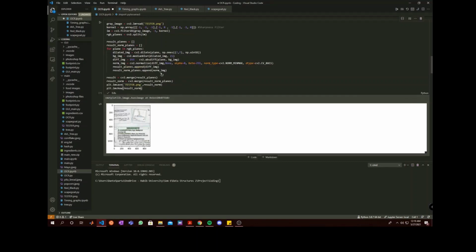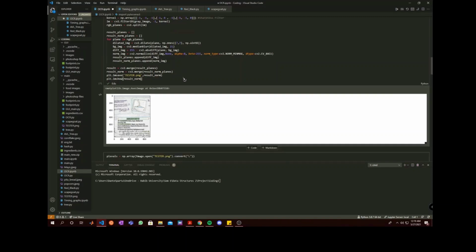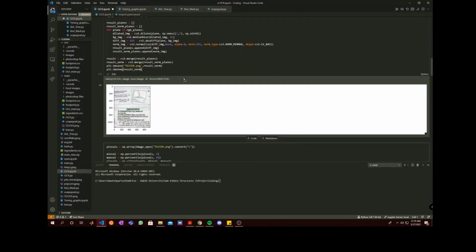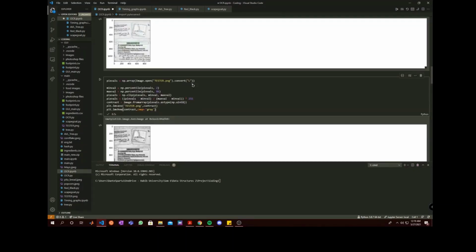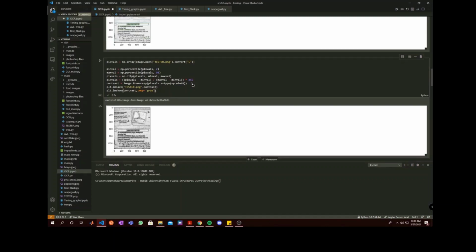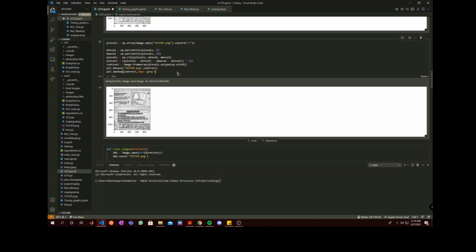Basically it acts on the gradients of the pixel. Wherever it finds the pixel gradient to be high, it enhances the pixels there, and wherever the gradient is not changing, it reduces the pixel intensity from there. And apart from that, we binarized the image so it is now in black and white, and then we applied contrast to the image so that the black and white colors are more differentiable now.